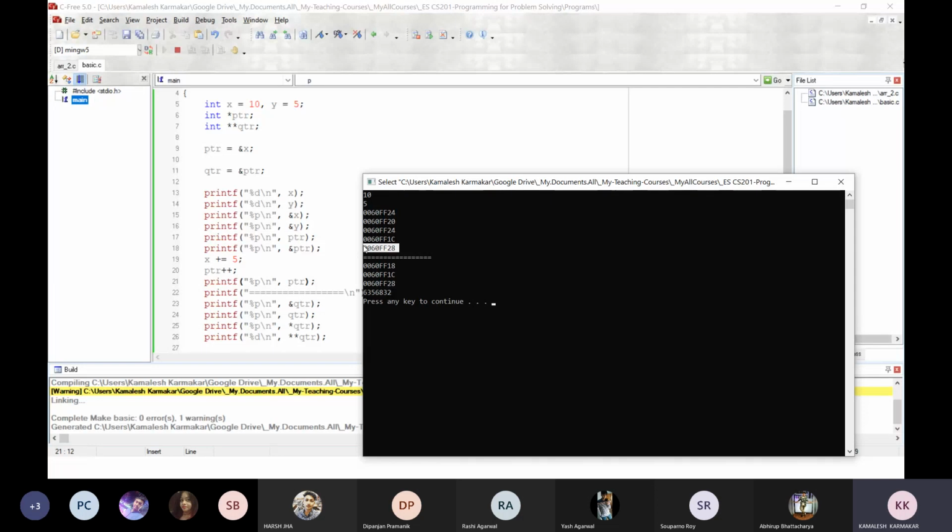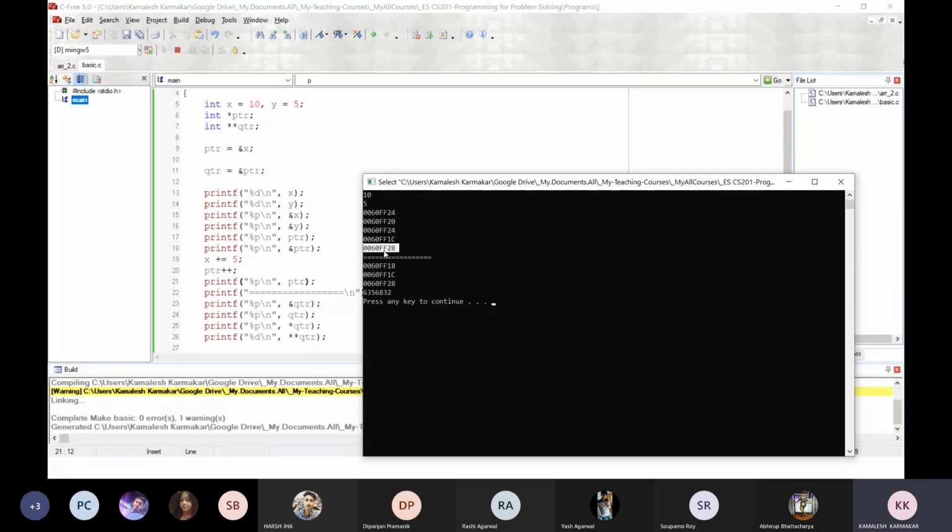So current value of ptr is 0060ff28. Line number 18 is printed here. Line number 17 is printed here. Okay. So previous value of ptr was 0060ff24. After increment, now the value becomes 0060ff28.